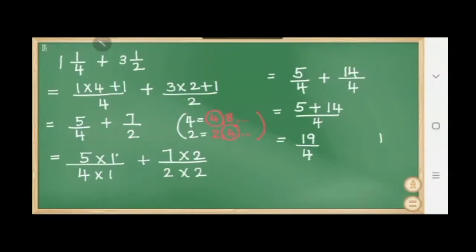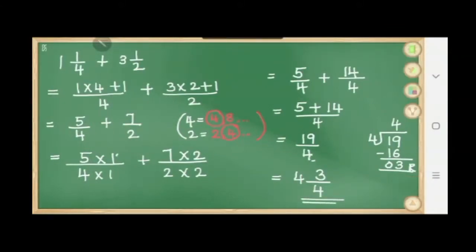Now how to convert this into a mixed fraction? Divide them. So 19 divided by 4. 4 fours are 16. Okay, the closest number is 16. So what is the remainder? 3. Now I can write it in mixed fraction form. 4 remains the same in the denominator. The quotient 4 comes in as a whole and remainder 3 will come in the numerator. So what is my answer? 4 3 upon 4, that is 4 whole and 3 by 4.